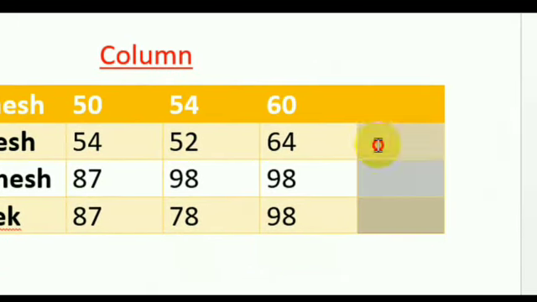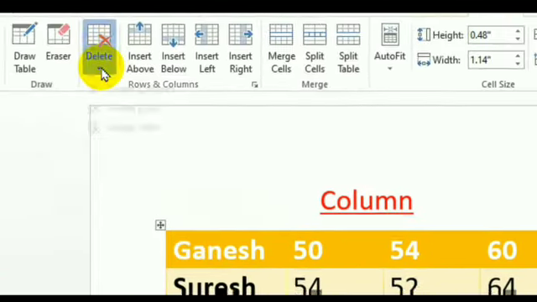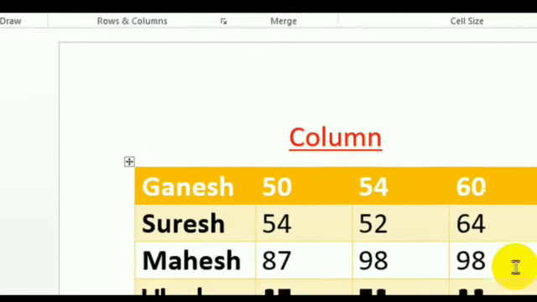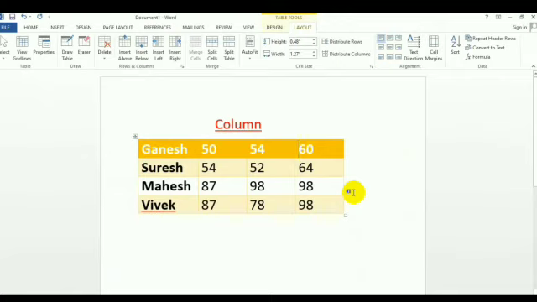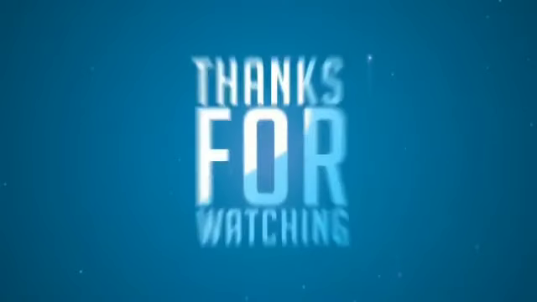You just have to select that column and then you will get the option Delete Columns. By using that you can delete any column. So this is about inserting rows and inserting columns. As per your need you can insert columns and rows wherever necessary. So this is about tabular representation in Microsoft Word.